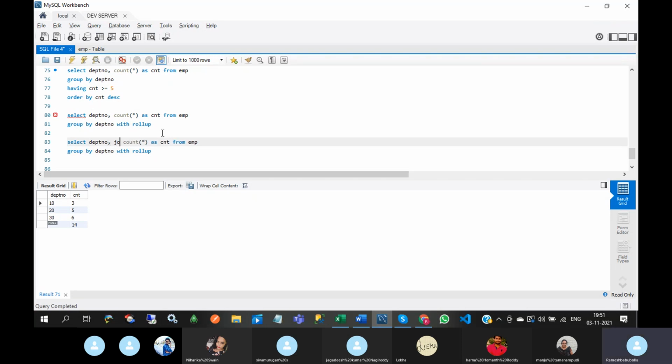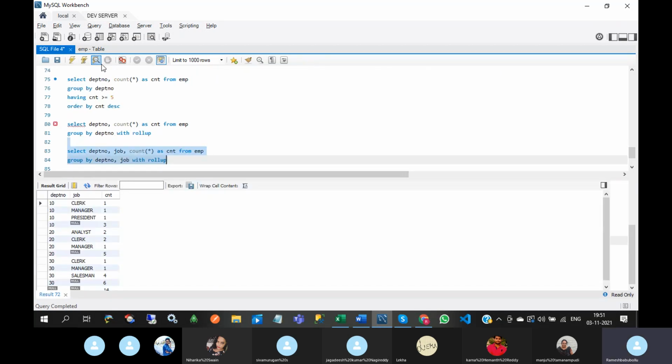Suppose job, if you give job. For group by, whatever columns you give in the group by clause, you need to give the same columns in the select clause also. Okay, otherwise it will throw an exception. See this.